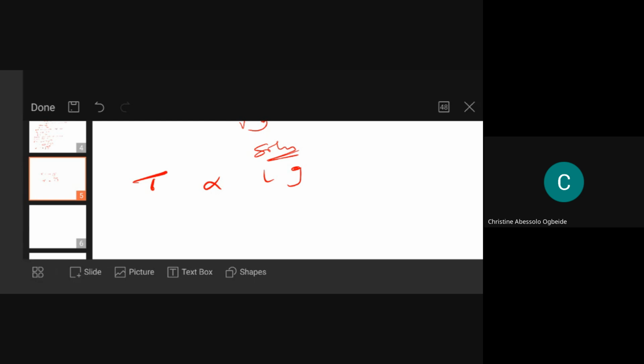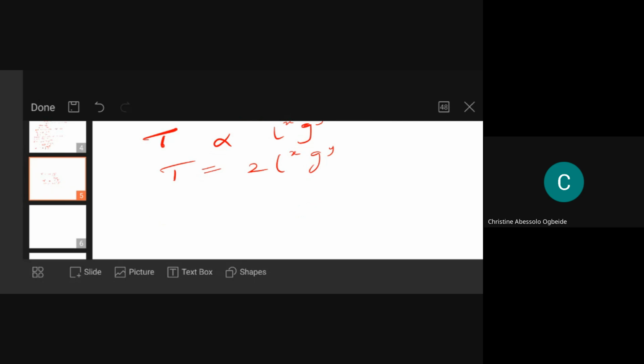All right, so clearly, if I remove the proportionality sign and bring in my constant, I have that T is equal to k L, and I'll add the power X, and then G with the power Y. Please, there should be powers here, X and Y, because those are the things we're going to look for to set up our equation. Now, what are their dimensions? Let's write out the dimensions of these quantities.